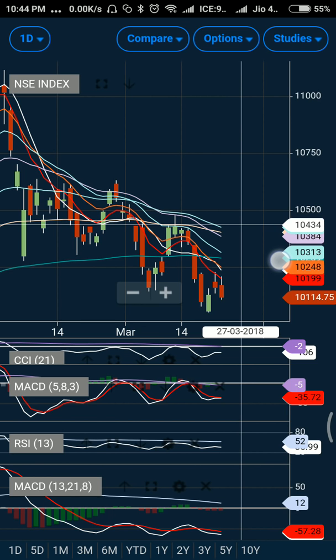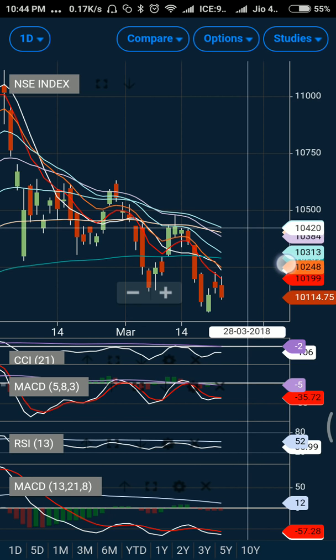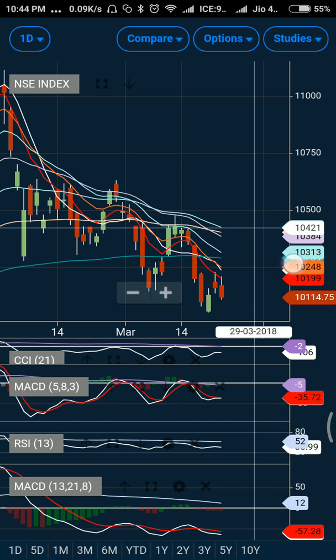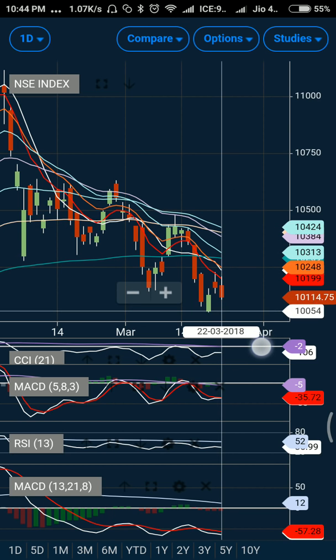Now if you see the put data, you will see that fresh bearish positions are again getting created at lower levels like 10,000 to 10,150. The maximum change again has happened near the 10,100 level. So if you analyze the call data, 10,200 has been acting as a resistance, and 10,100 has seen a good amount of put buying. So all in all,